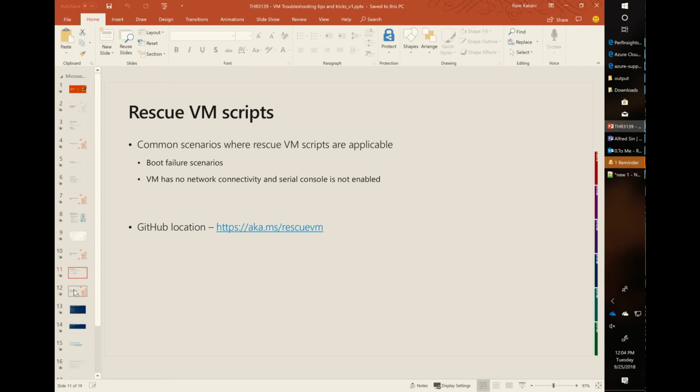What we have done is phase one. Initially, about 6 months ago, we came up with a feature called disk swap, where you don't have to delete a VM, but swap the OS disk, mitigate it, and then swap it back so that you can restore your VM. We have used that same feature and automated the rescue environment setup as phase one. In phase two, we are working towards enabling auto fixes as part of the rescue environment setup. So today I'm going to demo just the rescue environment setup script